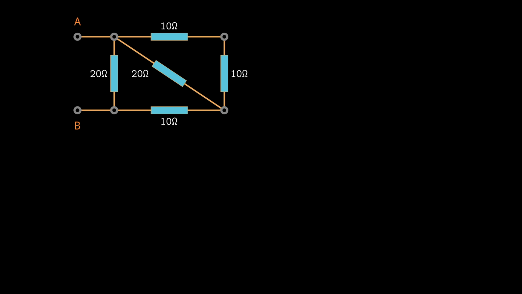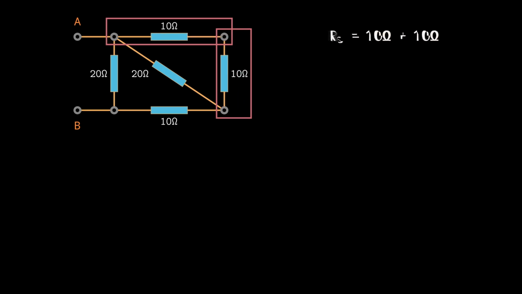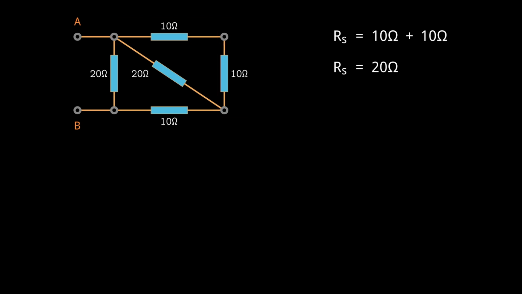In this diagram, we can spot two resistors in series, so let's start by calculating the equivalent resistance for these two. The equivalent resistance of two resistors in series is simply the sum of their values, so for these two resistors in series, the equivalent resistance is 20 ohms. By replacing the two 10-ohm resistors in series with a single 20-ohm resistor, we now have two 20-ohm resistors in